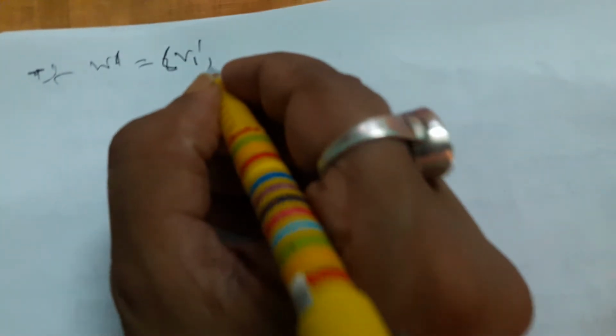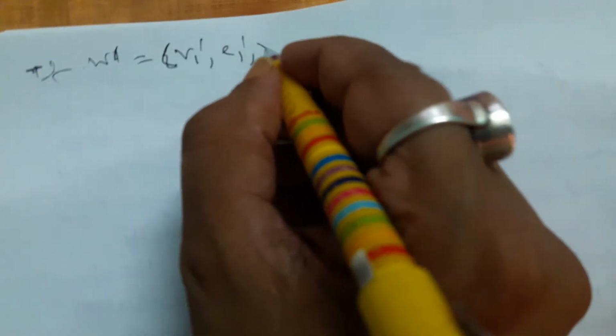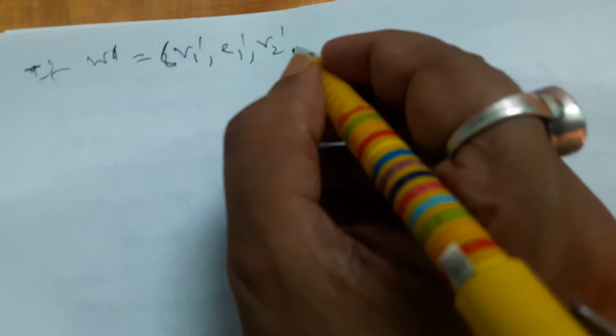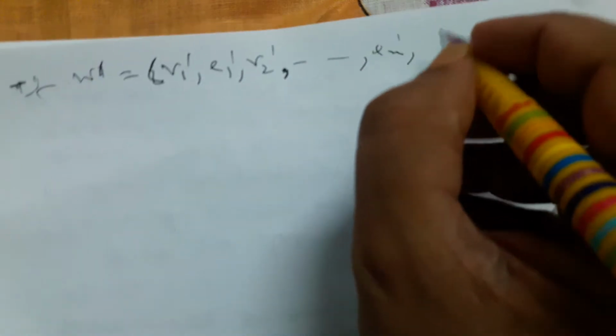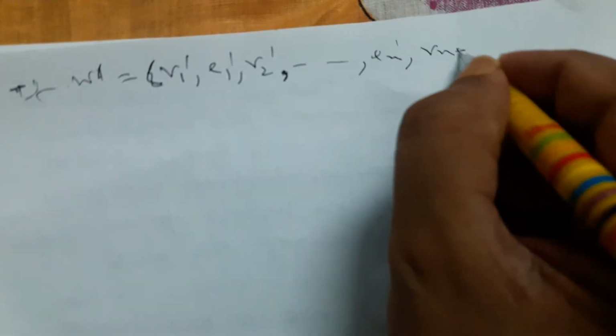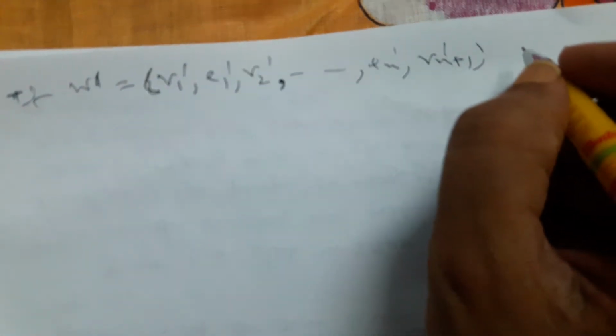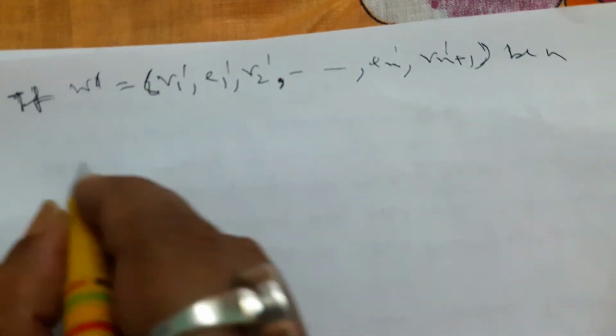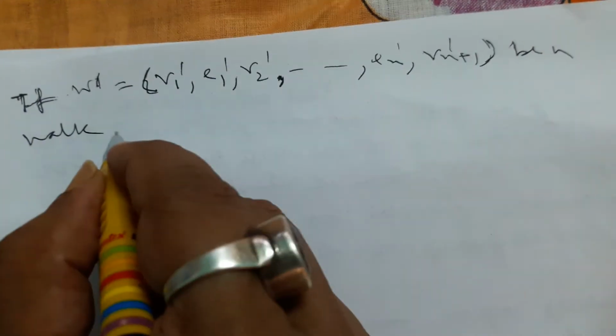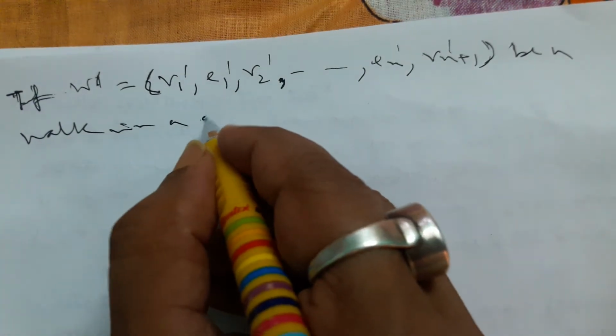Now W' will be V1', E1', V2', up to En' and Vn+1', be a walk in a graph